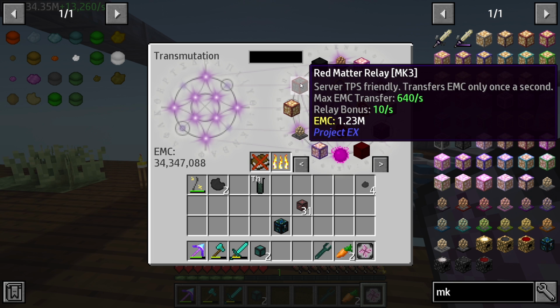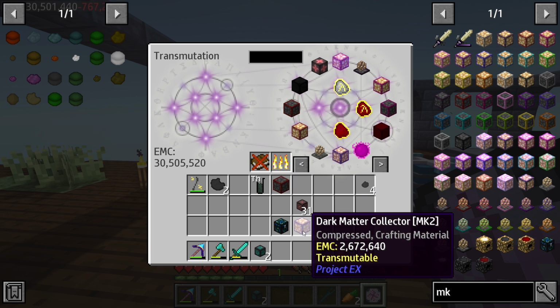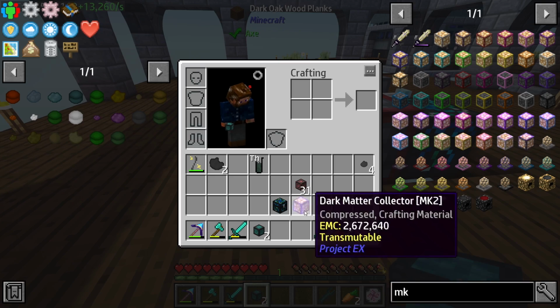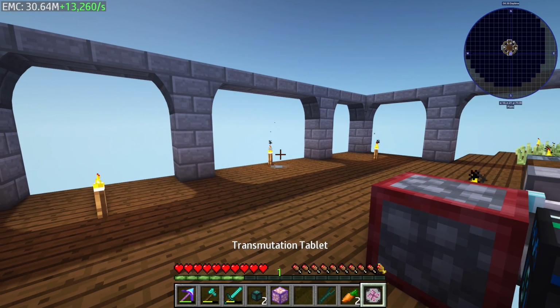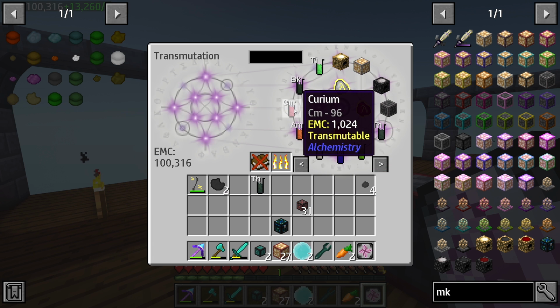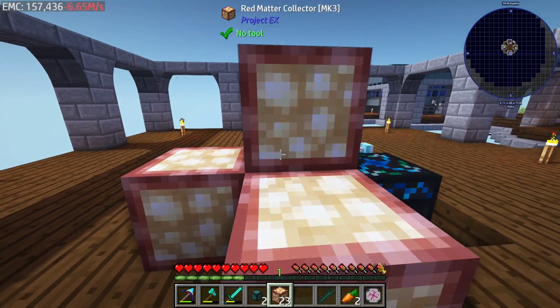So we have our red matter relay. And with that, I think we can utilize this, maybe? Will this actually go up against this and actually work? I don't know if these things do. No, these cannot be placed. So we're going to have to surround it with these, which do 40 for right now. So if we surround this, like so,